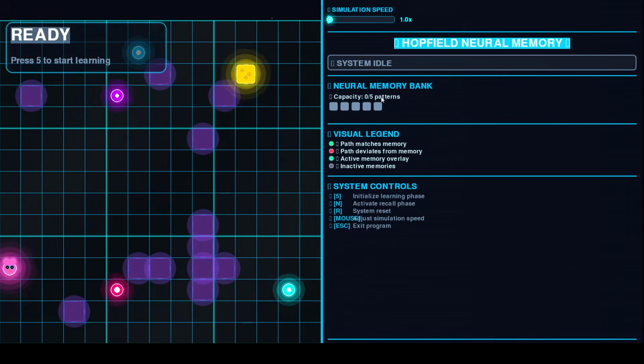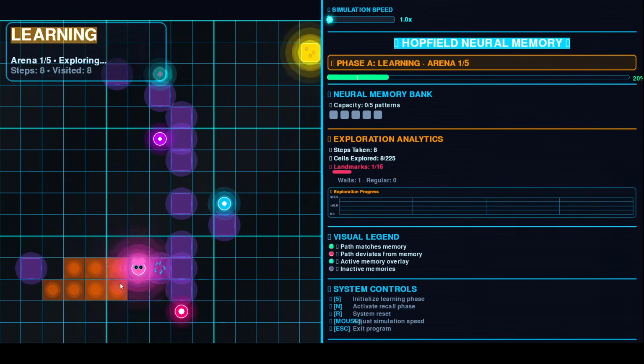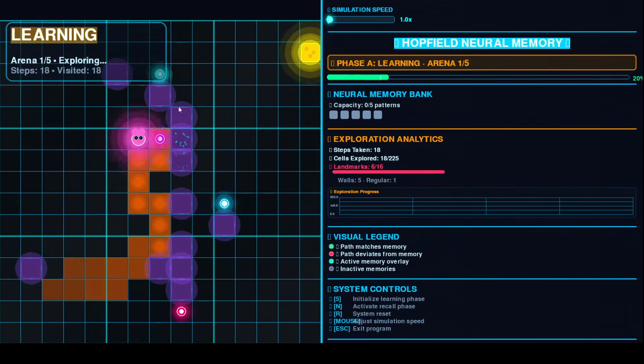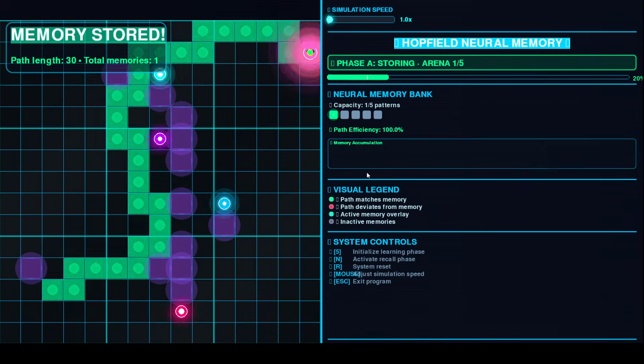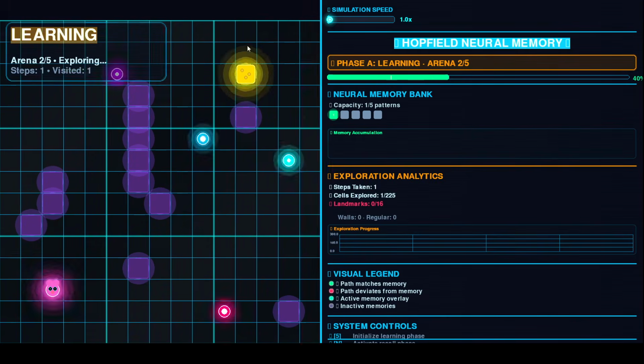I built a mouse with a Hopfield network memory. So we're going to run this and it is going to start exploring this arena. This is a landmark based memory. So as it encounters these walls, as you can see, it encountered 9 of 16 landmarks